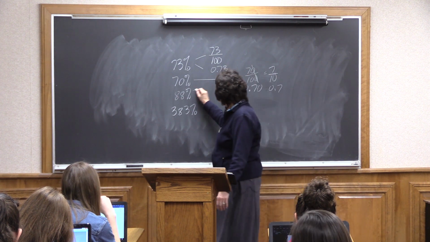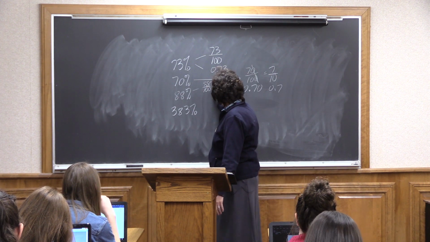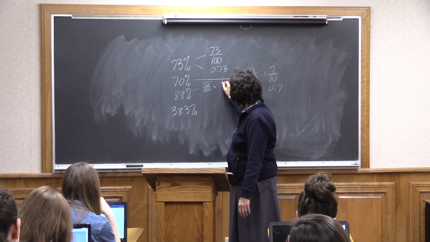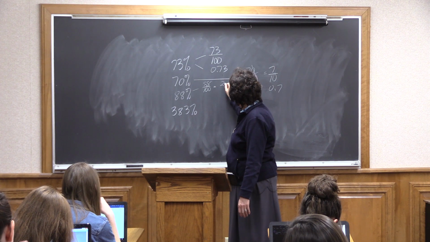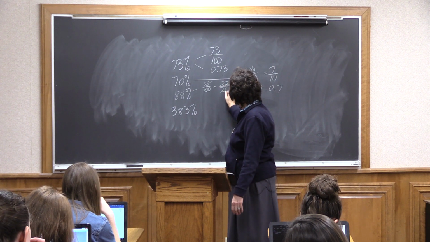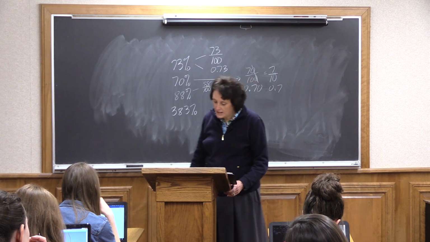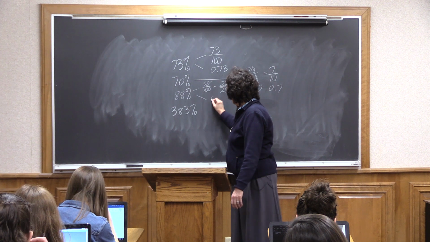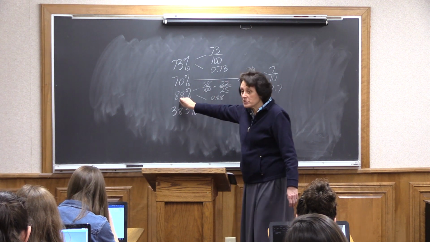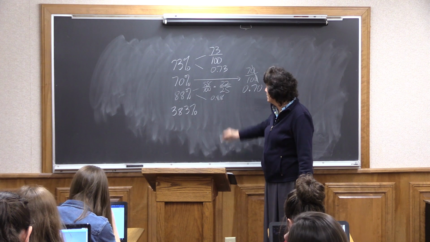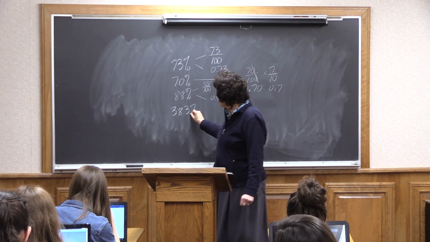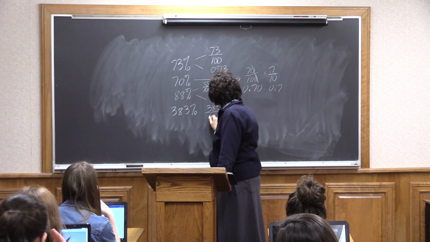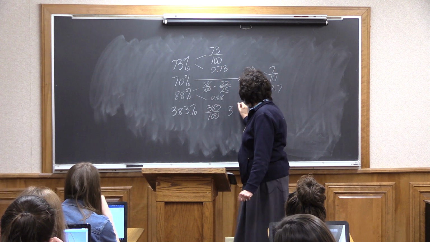88 is the same as 88 hundredths, but it must be reduced. 4 goes into 88, 22 times 25. So you will have to make sure that you reduce, that goes without saying, or 88 hundredths. So 88% is 88 hundredths, fraction form reduce. This one is greater than 100, so it's still hundredths. So it is an improper